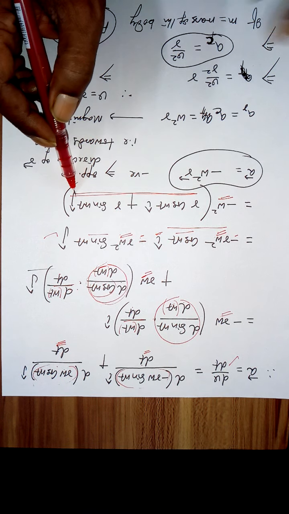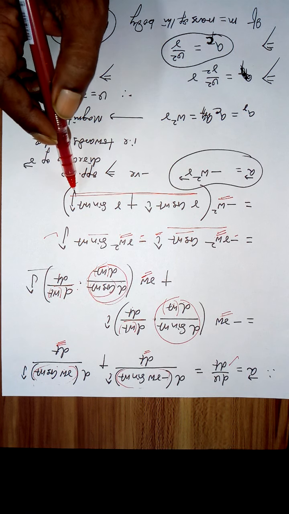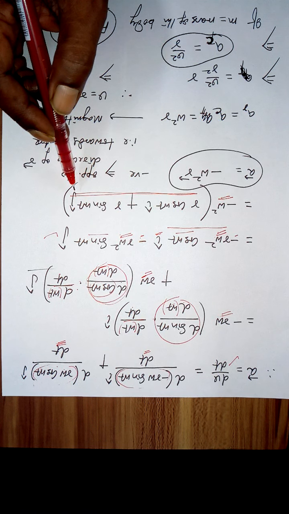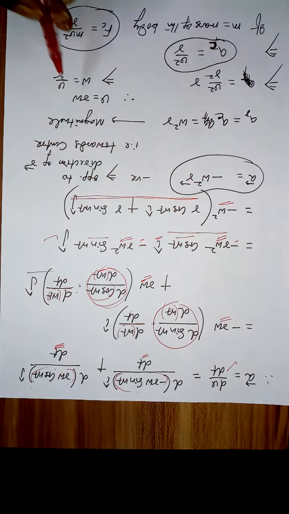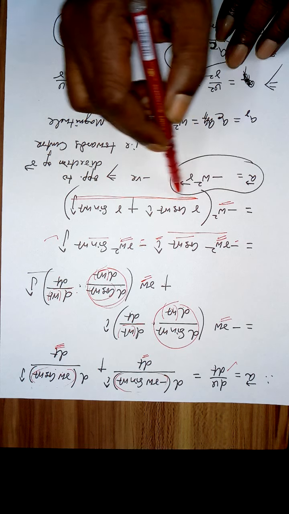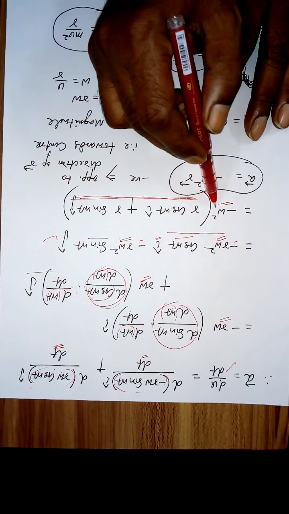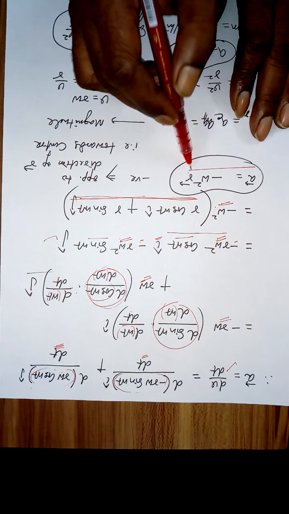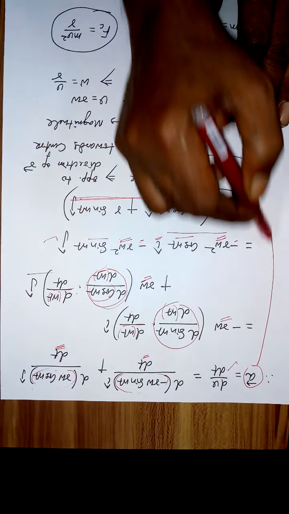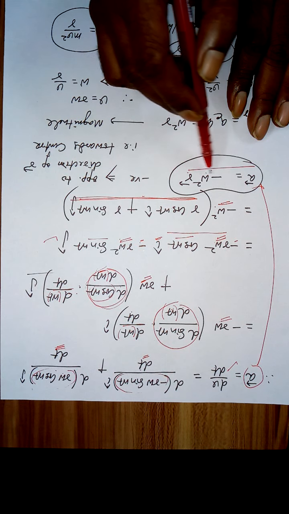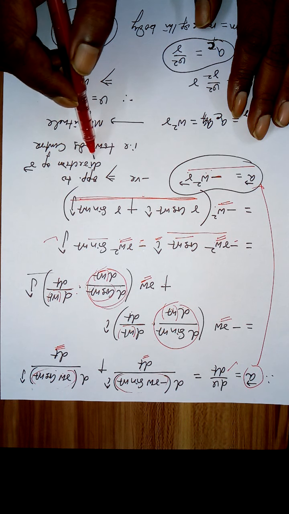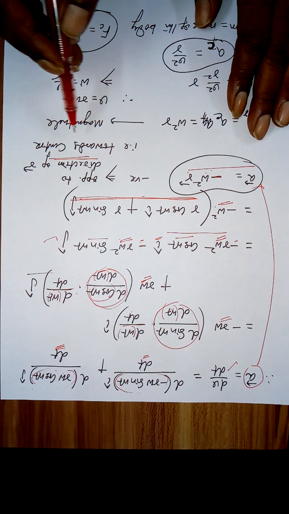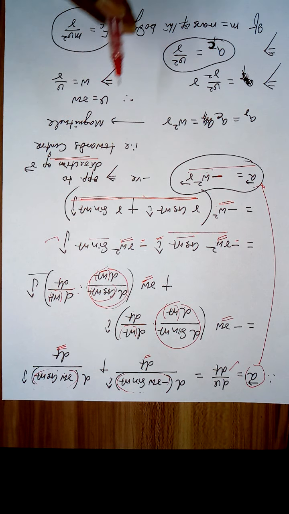Now how much was this? If you look at the first page, this much part is your r, so r omega square. So your acceleration is equal to minus omega square r. This negative sign indicates it is opposite to the direction of r. It is opposite to the direction of r.